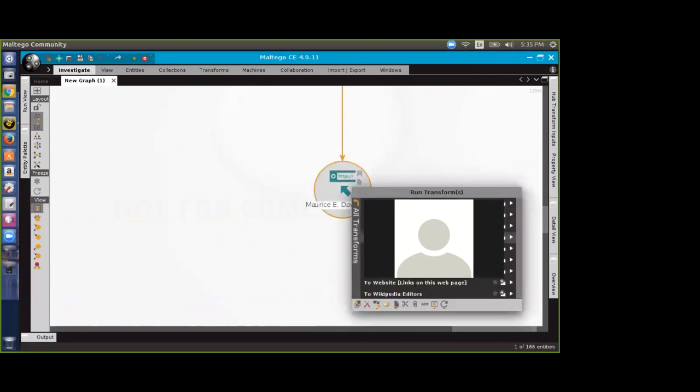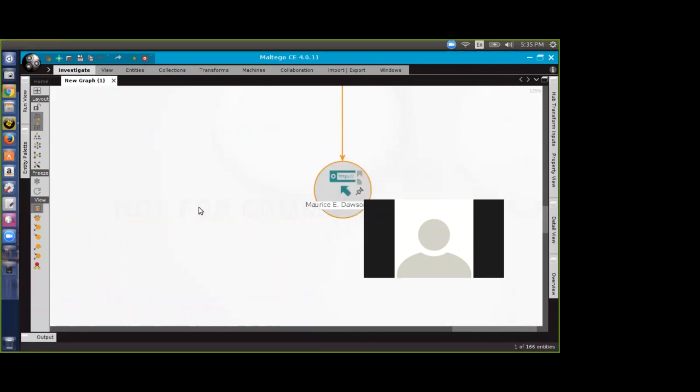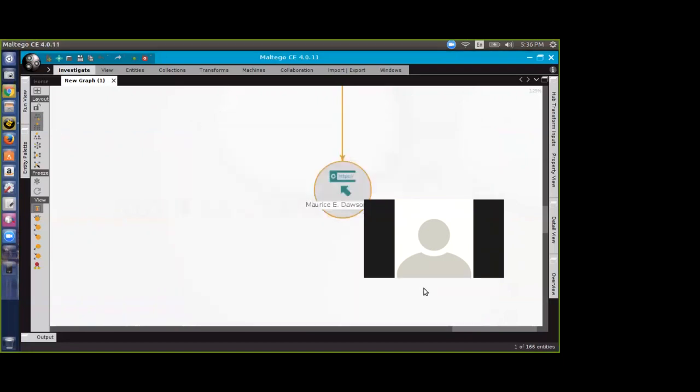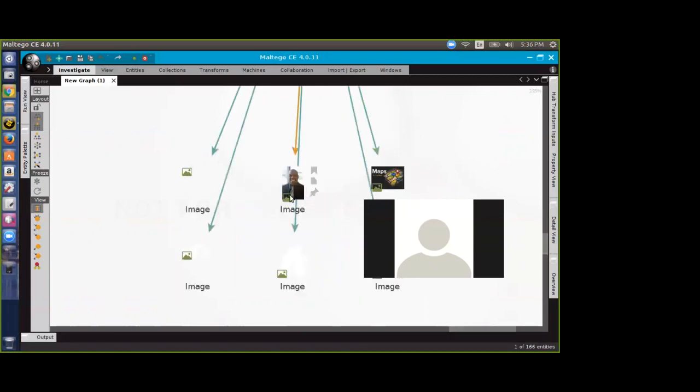And then I can run a transform. I can look at images found on the page. When you do this, it asks you to acknowledge that you're running this at your own risk. I just acknowledge, I run. And then it shows images found on the page. So here is an image of me. And I can do a